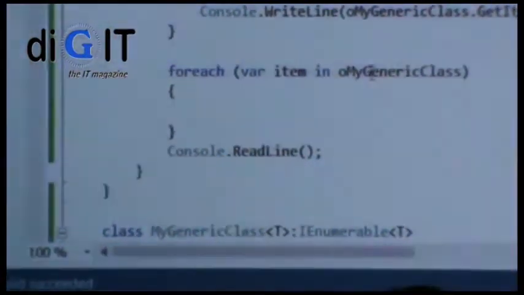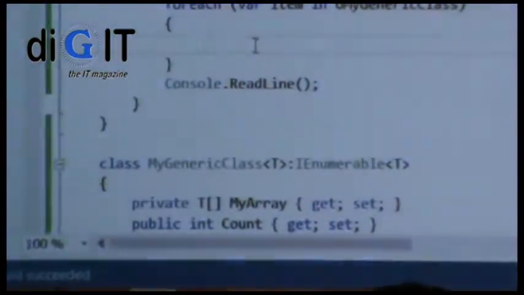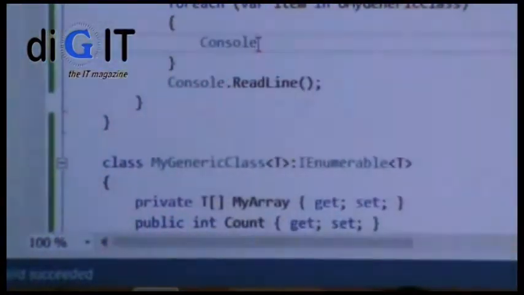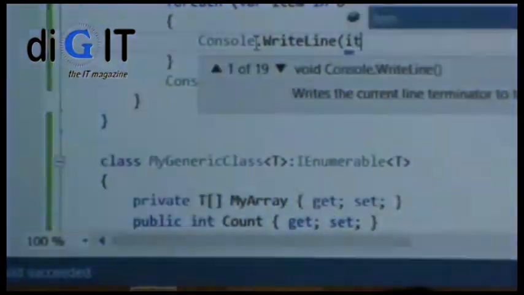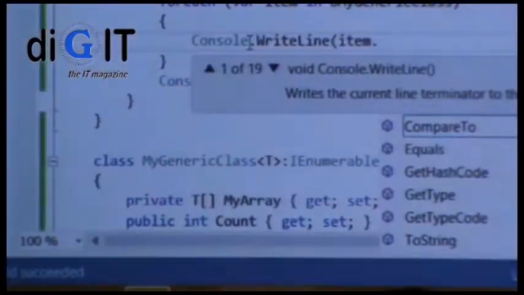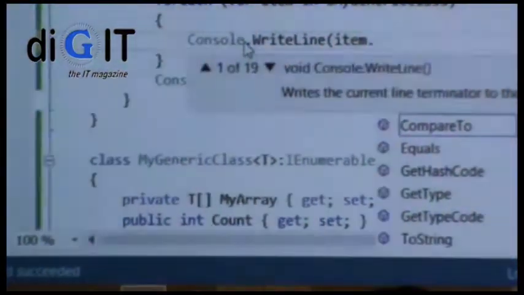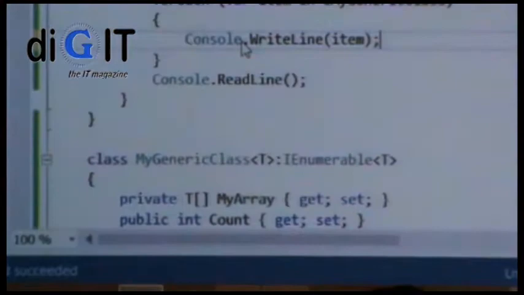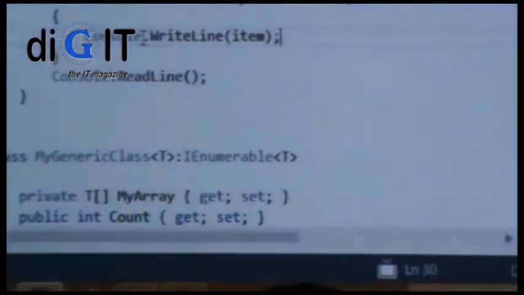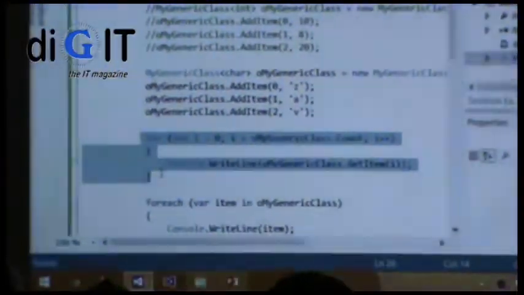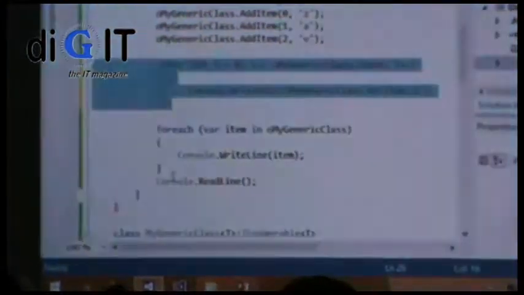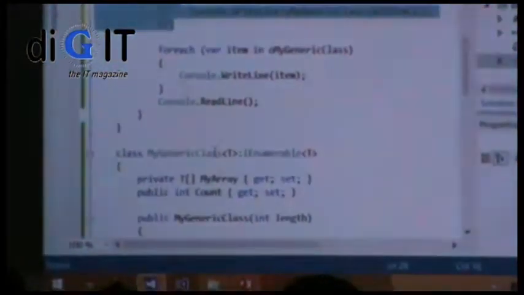So okay, now if I compile, it's working nicely. I'll just write line cross, right. So it's working. I'll just comment this out. It's working, right? So now let's say